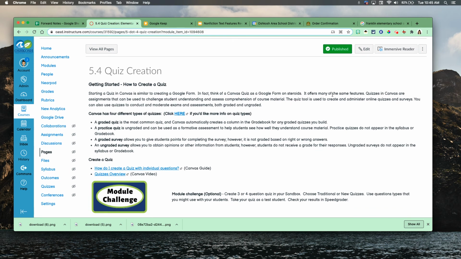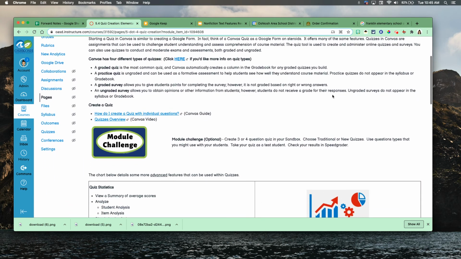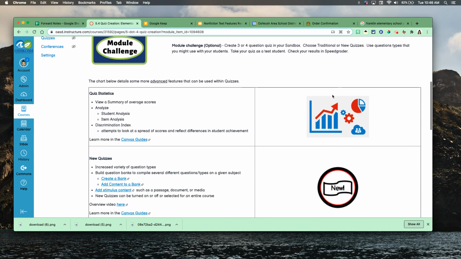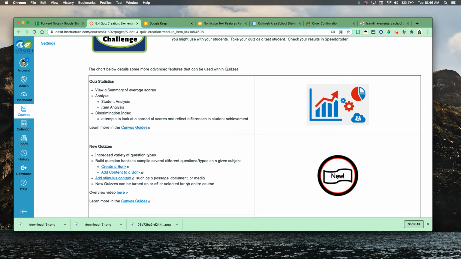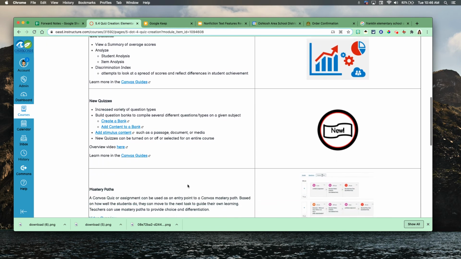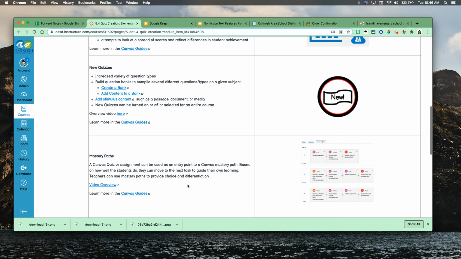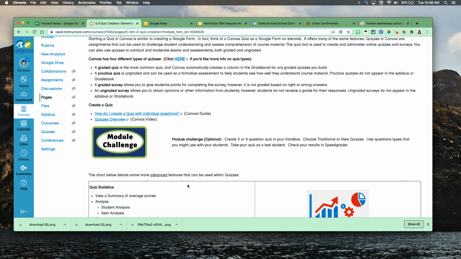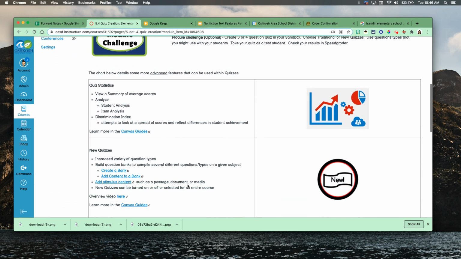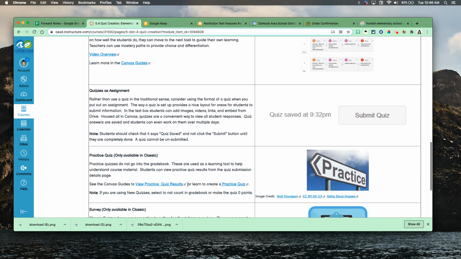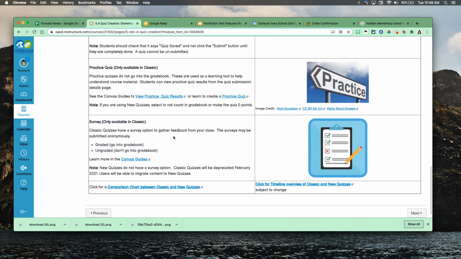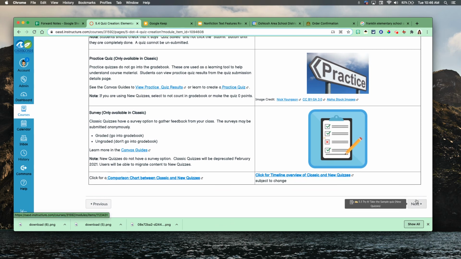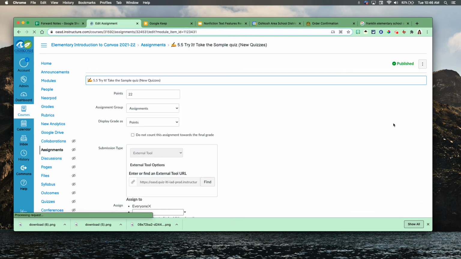So quizzes is a way that you can actually create a quiz within Canvas. It's a pretty powerful tool that you can use to capture your students. So you can create a bank of questions. You can add content. Let's see. These are more advanced features down below, so I don't think that we're going to explore those right now. You could do a survey, which is kind of nice. So then it's going to have you go in and actually experience a quiz